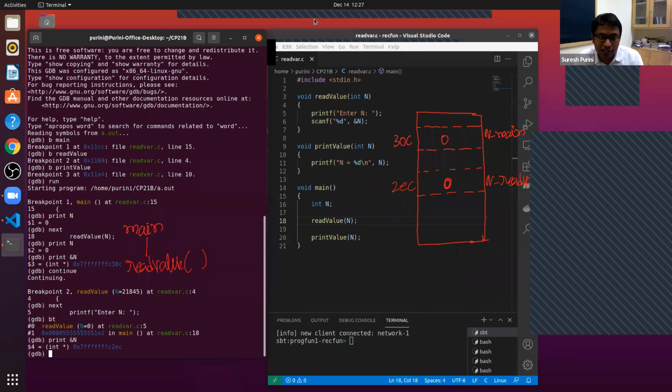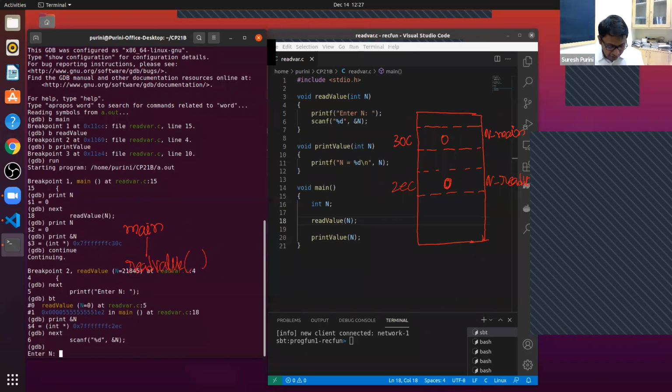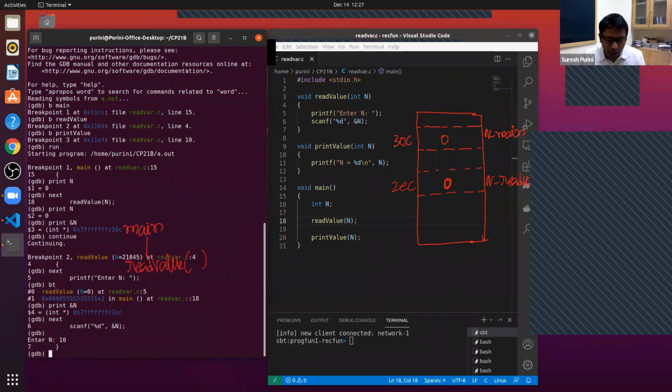Next, we do a scanf and I enter the value 10. Now what is the content of the location 2EC? 10. So this gets overwritten with 10, but n_main's value remains the same.